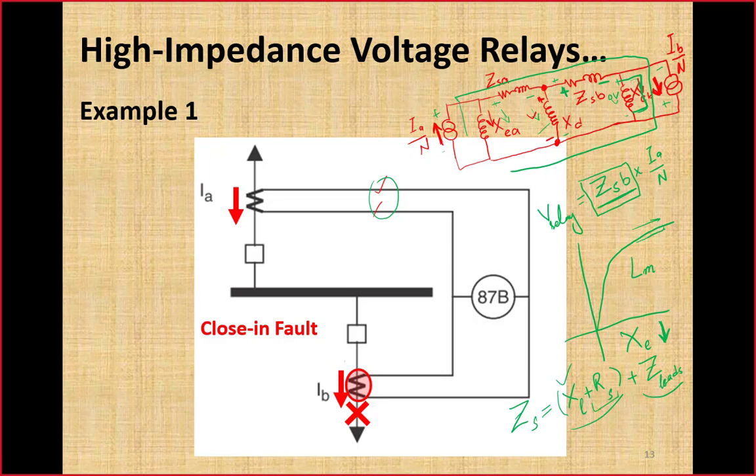Again, the use of auxiliary CTs is not recommended. So in order to have the same current, we will have to use an equal CT ratio in all the circuits, because auxiliary CTs cannot be used to match the CT ratio. By using these methods, we can keep this Z series as small as we want. That will make the relay voltage low during the external fault, and the setting of the relay will become sensitive.